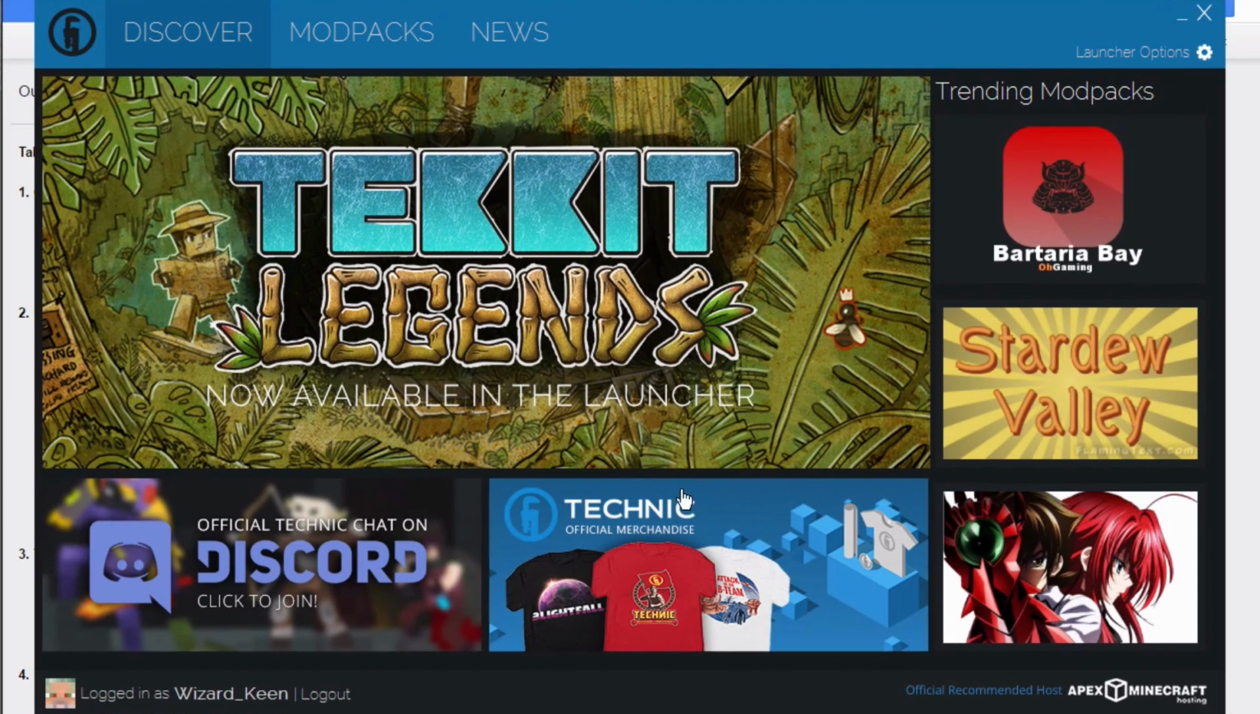Okay, I've installed and logged into the Technic Launcher. This is what it looks like as the default, and oh my goodness, it's starting to drag me in already. There's Tekkit Legends, Stardew Valley mod pack. Oh my gosh, I might be playing a couple of these on my channel anyway. So let's go back to the Creatables Minecraft mod